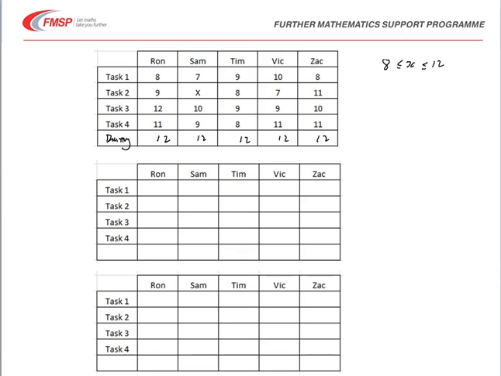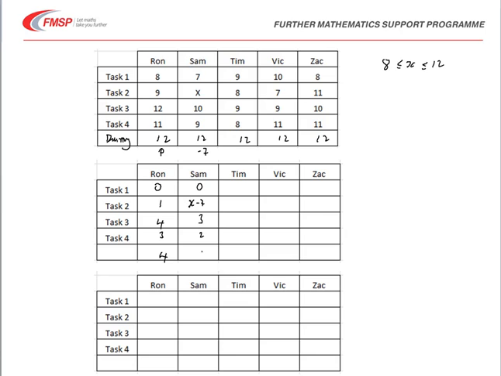So in column reduction, remember that we're taking each of the columns in turn and subtracting the smallest number. So in column 1 we can subtract a value of 8. So that becomes 0, 1, 4, 3 and 4. In column 2 we can subtract a value of 7. Remember that X is bigger than or equal to 8. So the smallest value is 7. And that gives us 0, X minus 7,